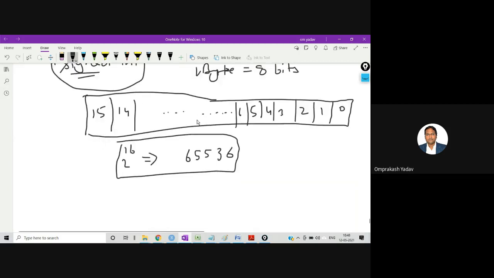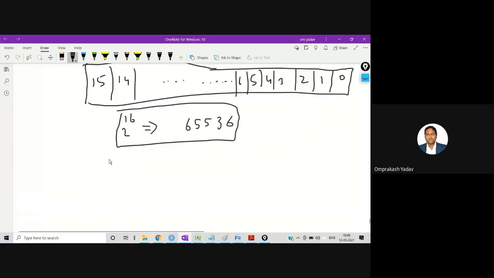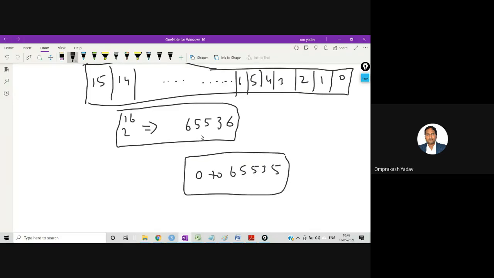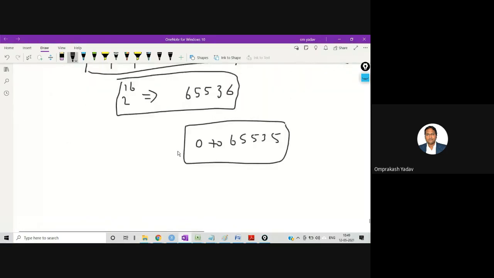Since I have 65536, what will be the range? I can write 0 to 65535. I just reduced one from here because I'm counting from 0. So for unsigned int, there are no negative numbers, right?